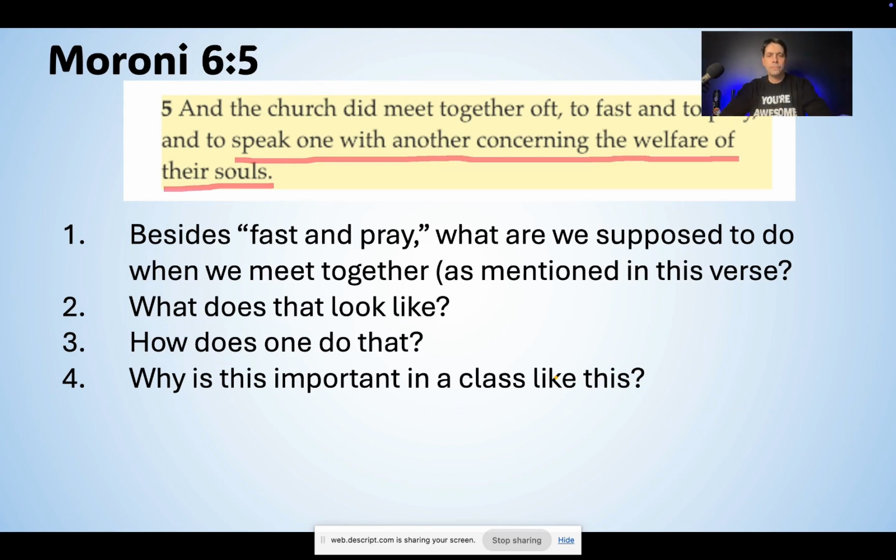Why is that important? Here's what I'm teaching my students to do. In so many classes, this is what I see. Kids walk in, I walk into the classrooms, and they're sitting down with a cell phone, ignoring people sitting right next to them. I don't want that in my class. Why? Because we're supposed to minister to each other. We're supposed to talk to each other. We're supposed to actually care about people. I eliminate the cell phone the moment they walk in the door, and that helps to set that boundary.